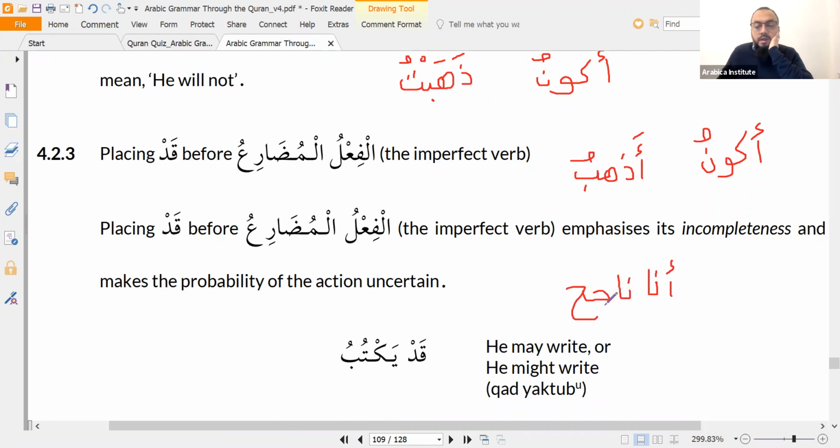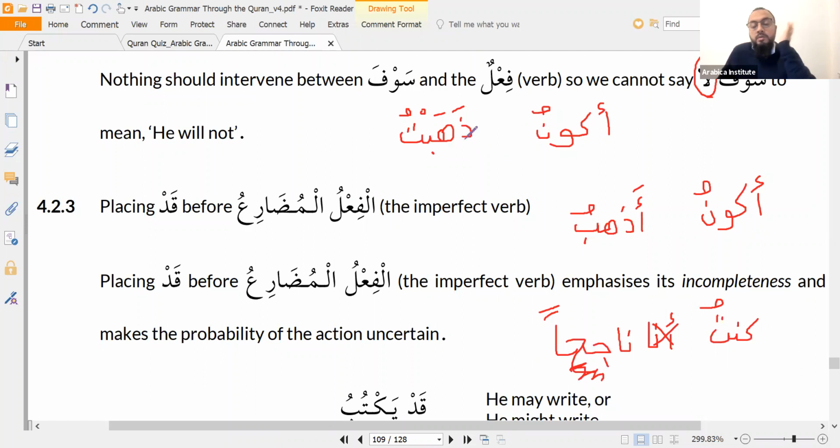And then if you say I was successful, say kuntu. Kuntu already has the pronoun tu, right? So you don't need the ana anymore. So say kuntu or akunu najihan, because it makes the khabar go up, right? When you use it with verbs, the verbs don't go up or down, okay? The verbs are insulated from the kana and the yakunu. So don't say kuntu adhaba. Some of you were making this mistake. You'd say kuntu adhabu, kuntu a'malu. I was working. You see? We did that even in level 1, didn't we? Yeah, or level 2. Okay. All right. Any more questions?